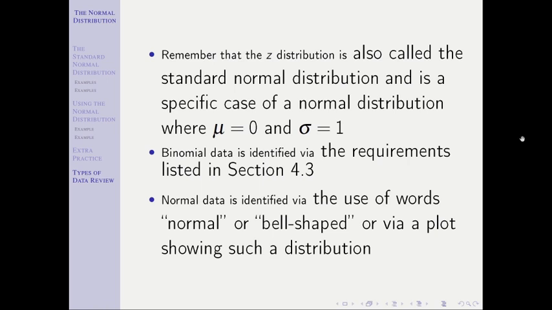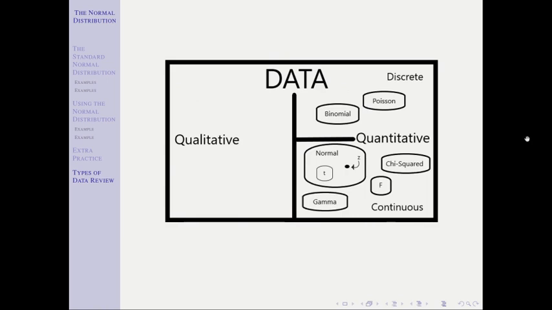And then to wrap some of that up as we talked about here, all data is either qualitative or quantitative. Quantitative data is split between discrete and continuous. Within discrete, there are different types of distributions. We've talked about the binomial here. There are other ones. Just want to make sure you're aware of them. We're not talking about the Poisson distribution in this course, but there are other ones as well.